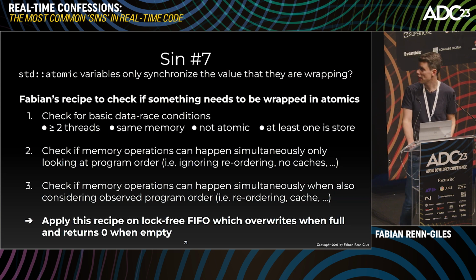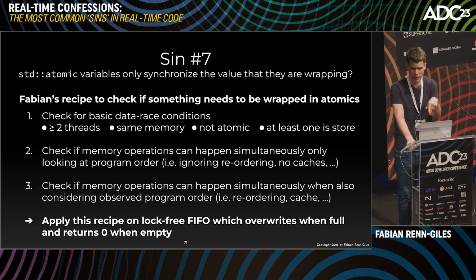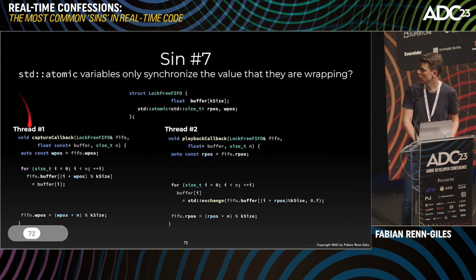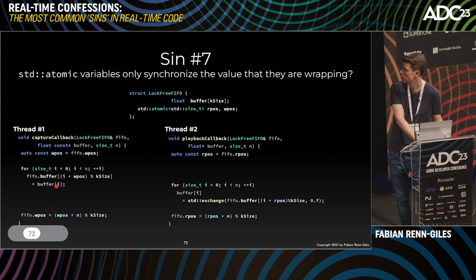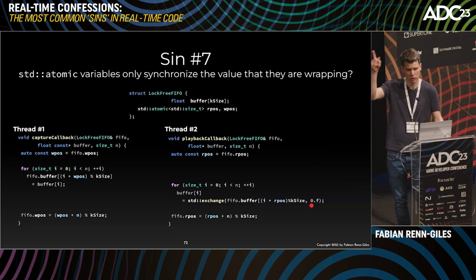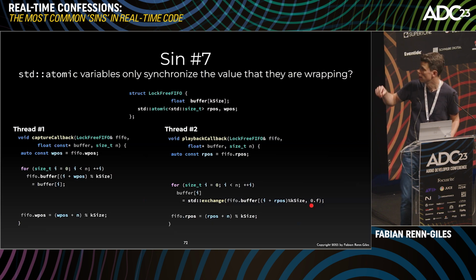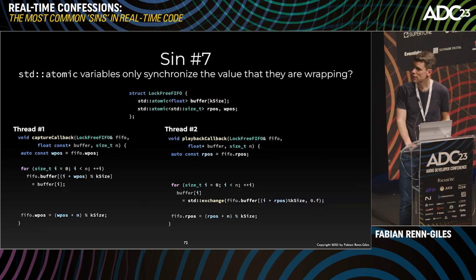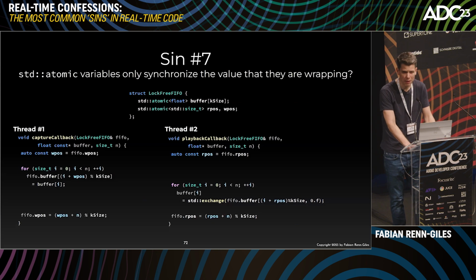to the lock-free FIFO again, but this lock-free FIFO now overwrites when it's full and it reads a 0 when empty. So writing a lock-free FIFO like this is the writer. Here's the write pos. We don't need the read pos because we don't check if it's full. We just wrap around if it's full. We'll just overwrite what we already wrote. Here's the read one. It just reads and replaces whatever it read with a 0. So if it underruns, it will just read zeros. And now the question is,